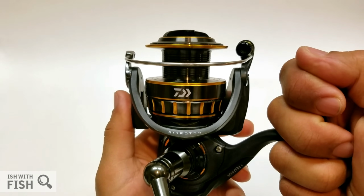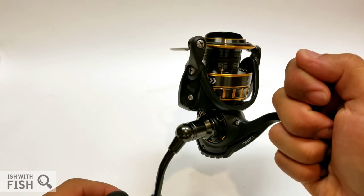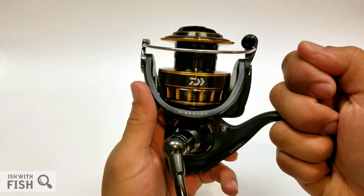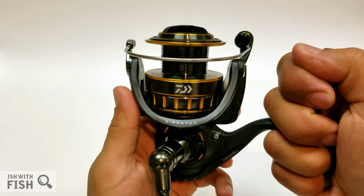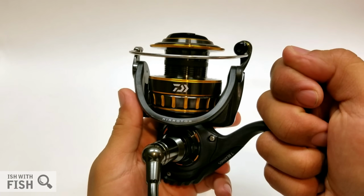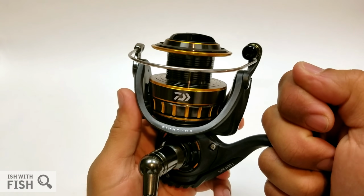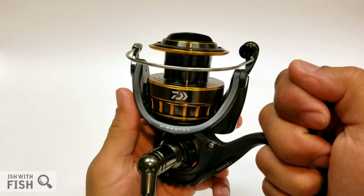This is a review of the new Daiwa BG saltwater-rated spinning reel, and this review is a long time coming. This reel has already been on the market for about a year and a half now, and I'm happy to have put the time in and really get a feel of what could be the world's best value reel. Let's cover the specs from the top down, but before we do that, a little history lesson about the Daiwa